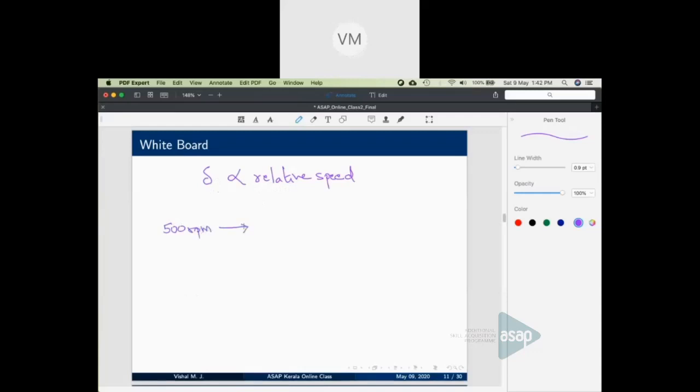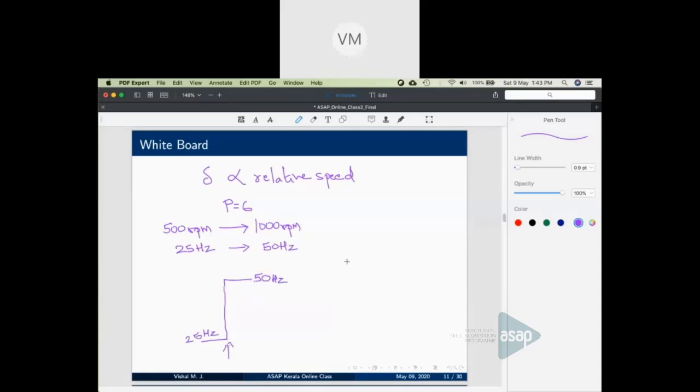I want to change it to 1000 rpm. If the number of poles is 6, the frequency is 25 hertz. Obviously, this would be 50 hertz. Which means if I want to change the operation from 500 rpm to 1000 rpm, I will have to change the frequency from 25 to 50. The issue there is that if you give a step change in frequency, this is 50 hertz and this is 25 hertz. If you give a step change here, 25 immediately jumps to 50, then we have some issues.